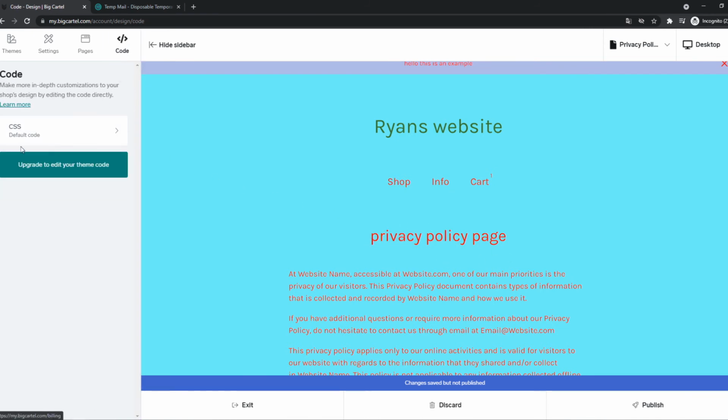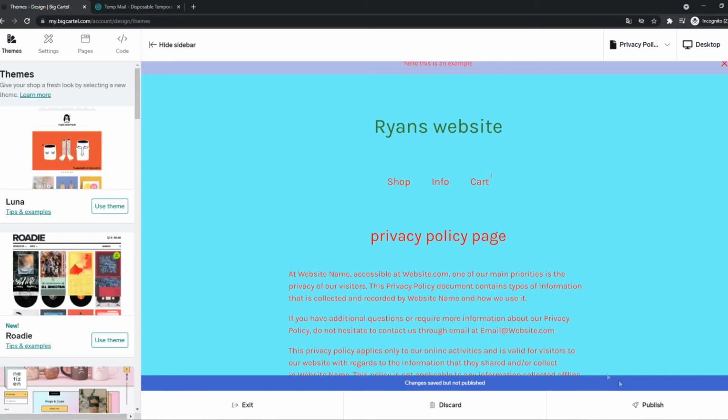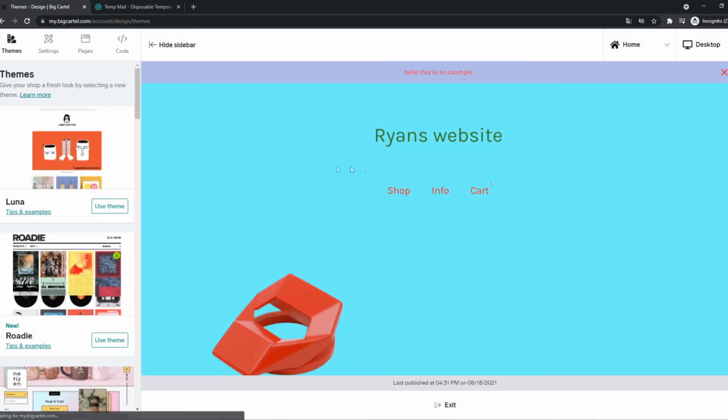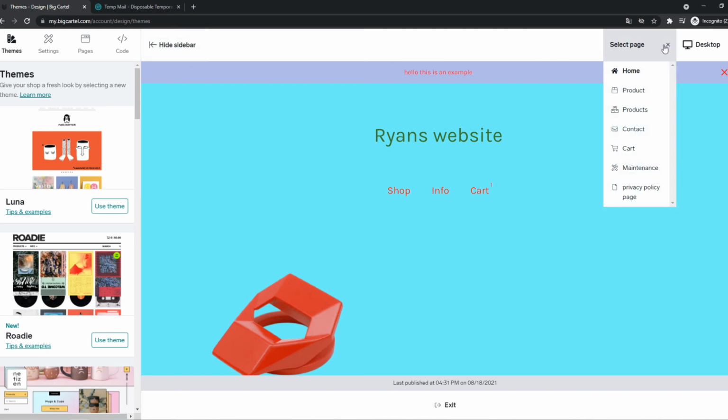We can also do custom CSS, but no, we are not going to dive into that because that's really complicated, not easy. If we hit publish, you can see your changes are now visible in your shop. So it's going to load, and this is the shop, and this is the welcome text I put in. And now we can just publish it and view it.